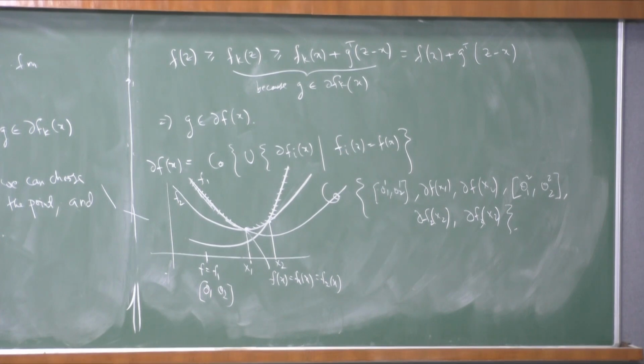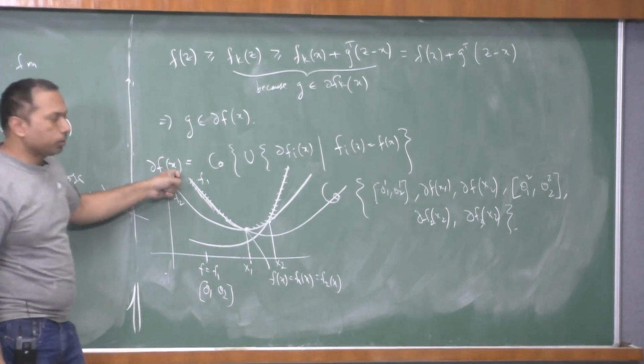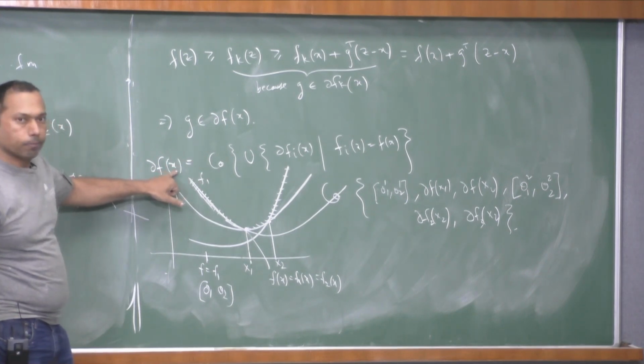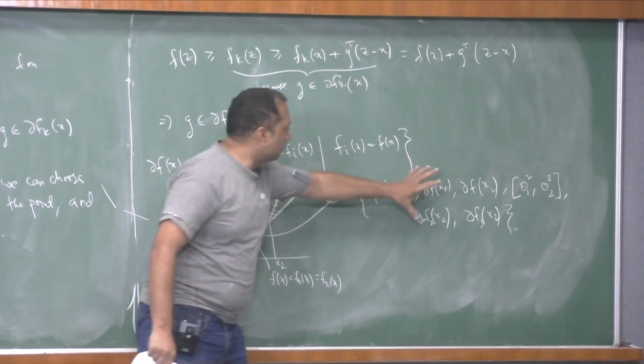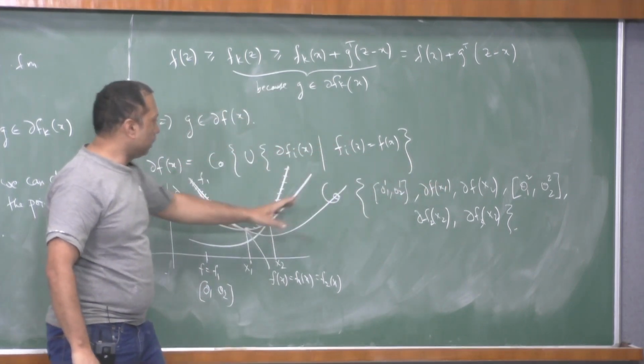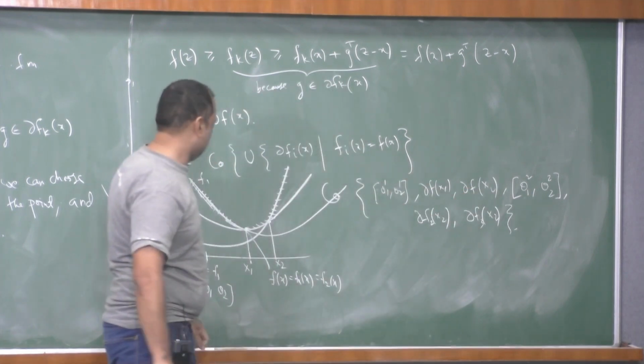But there is a problem with the notation right now: it is defined for a single x. Okay, so I have to be a little bit careful here. Rather than appending, all this says is that it holds only at x. What I have done is that I have accumulated for all x. So this is not